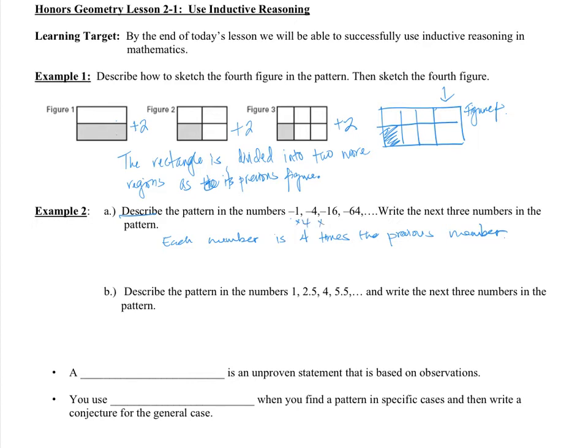Times 4, times 4, times 4. So -64 times 4 is -256. And the next one,